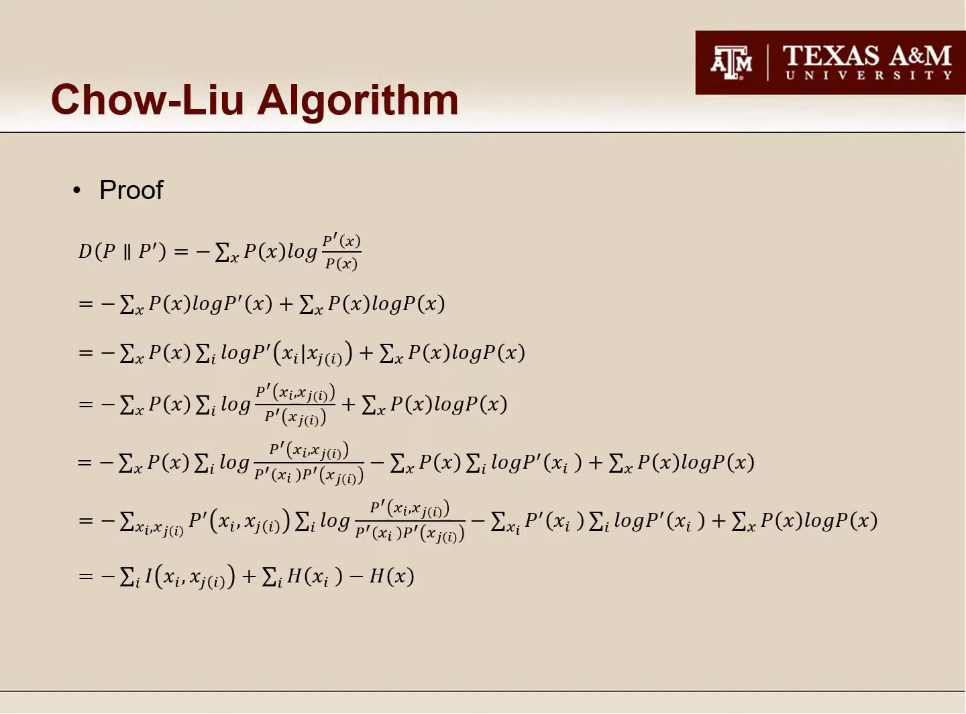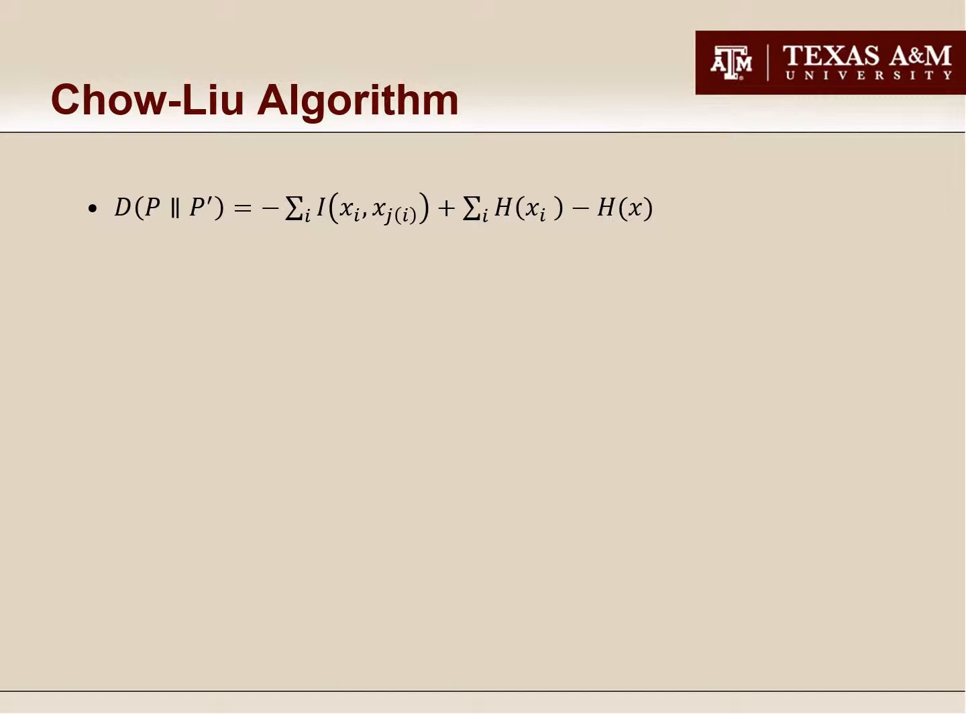The second term, we can also find that the P'(xi) log P'(xi) is just the entropy of the xi. So the second term also becomes the sum of the entropy of the different variables. The third term is just the entropy of the whole variables. Then we will have the expression for the KL distance from P to P prime, which is equal to the minus the sum of pairwise mutual information plus the sum of entropy on different variables minus the entropy on